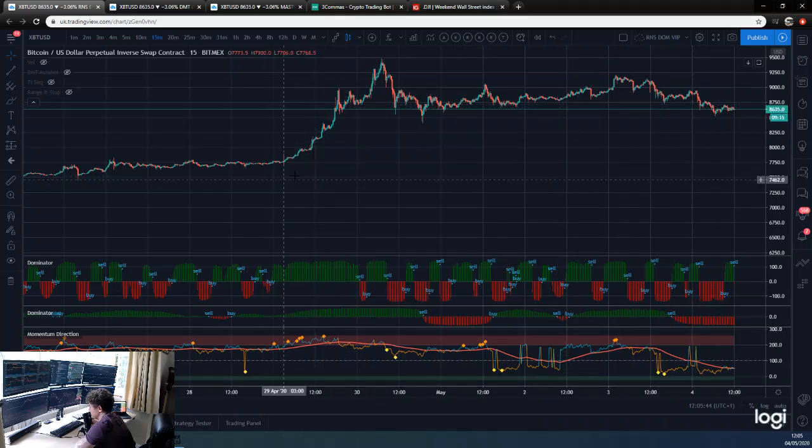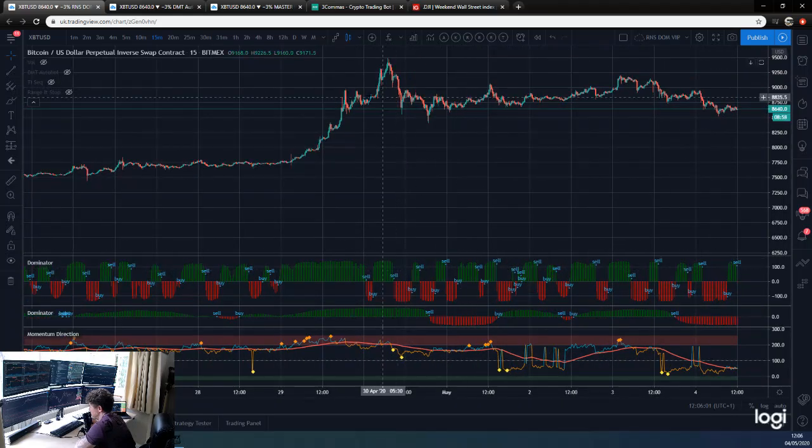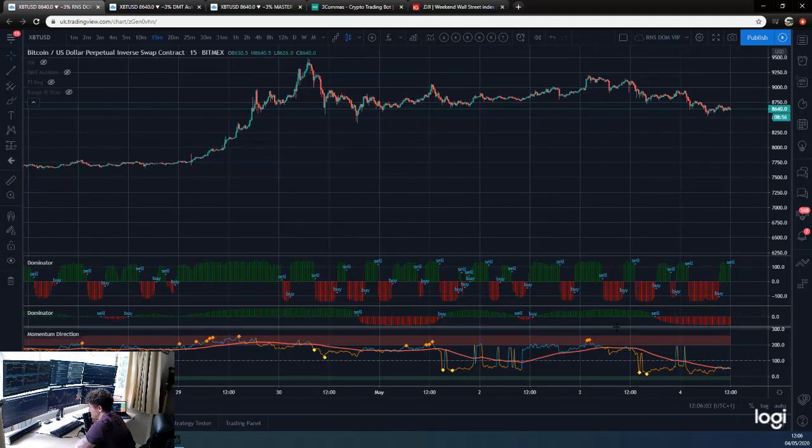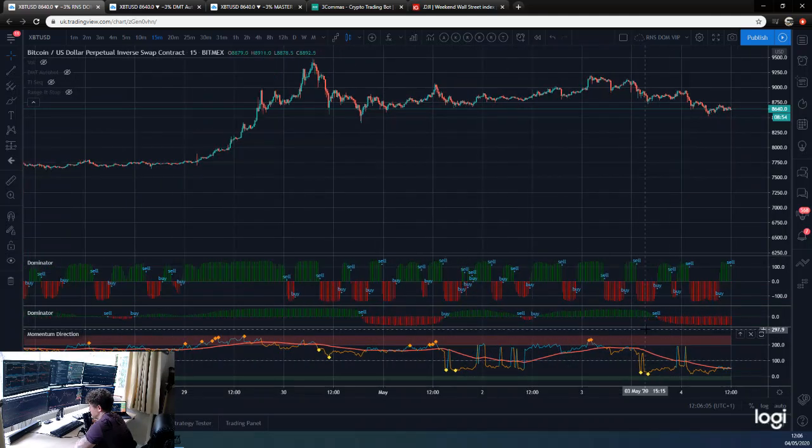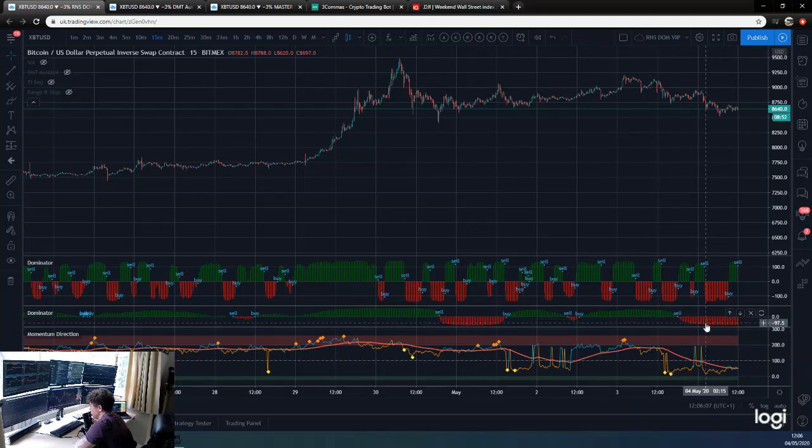But obviously this was a big move which the Dominator got correct and stayed buy and stayed strongly buy for a lot of the time. So the look back period for this Dominator is taking into account a lot of this movement. So it is consolidating, it is averaging out, so it's going to maybe flip flop about a bit after that sort of a move. But that's what that does. So that kind of tells you whether you really want to be looking for shorts or longs based on the